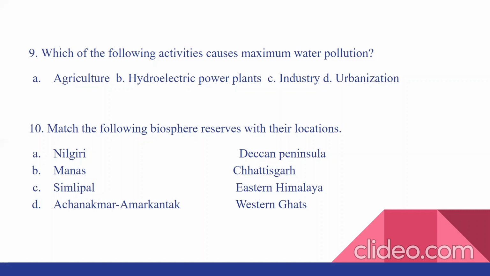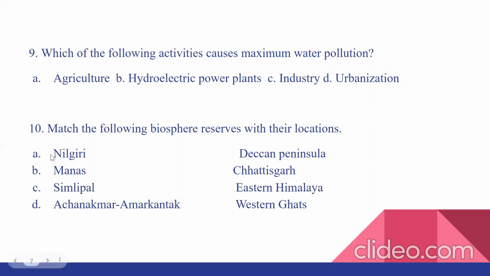Ever since the ancient civilizations, cities have always settled around water bodies. शहर हमेशा पानी के किनारे होते हैं, बढ़ते ही जा रहे हैं और उनका कोई माप तौल भी नहीं रहा है क्योंकि बेहिसाब बढ़ रहे हैं और वो हर जगह है नदी के किनारे। तो अर्बनाइजेशन में इंडस्ट्रियलाइजेशन भी आ जाता है, उसमें हाइड्रो इलेक्ट्रिक पावर प्लांट भी आ जाता है। तो अर्बनाइजेशन सबसे ज्यादा वाटर पोल्यूशन कॉज करता है। सो अर्बनाइजेशन इज द आंसर, डी।